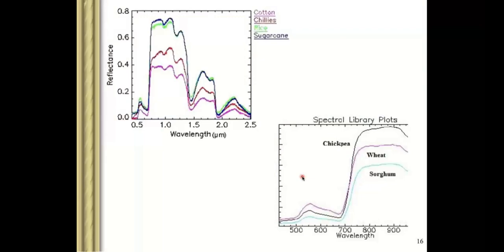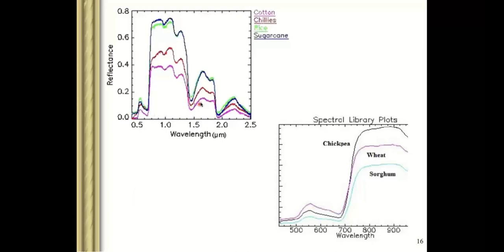Once we have this spectral signature, and the satellite image of the area, we classify it. Where we have that cotton field, we have chilies. What is the area of that cotton field? What is the chili area? Similarly, we can do plant stress assessment. If a plant is stressed, you will see a change in the spectral signature also. So you can do large scale plant stress assessment also.